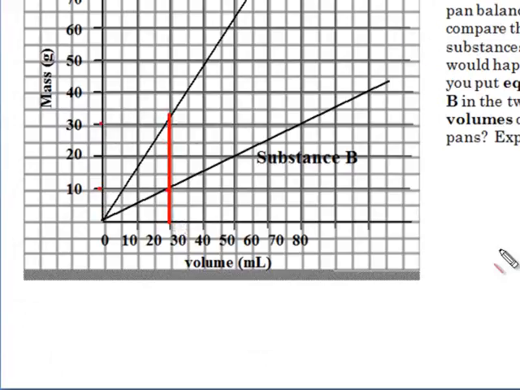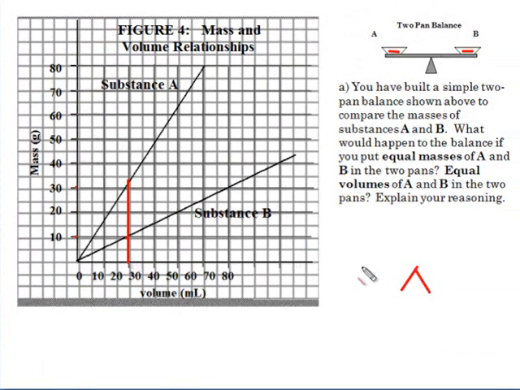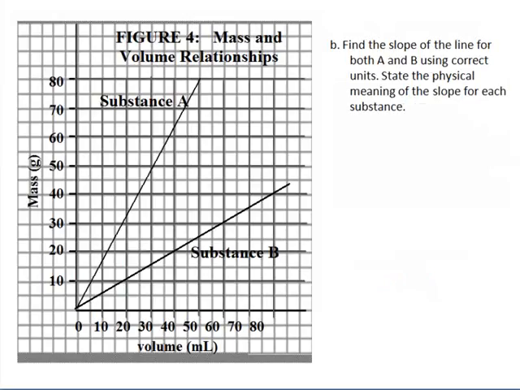So what's going to happen is, for my pan, is I'm going to have the triangle, and A will be down here, and B will be up here, right? A will be heavier. Okay, so what we're going to do here is find the slope for both A and B using the correct units. Okay, so if you remember,